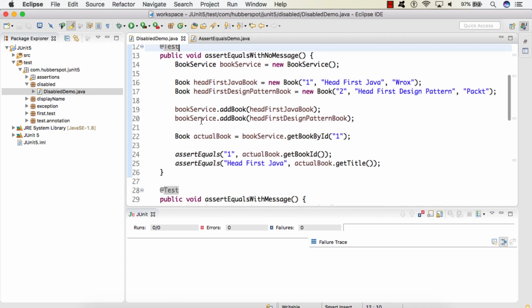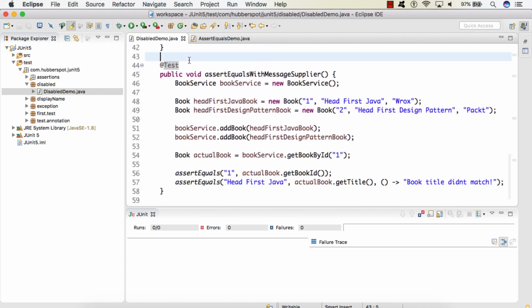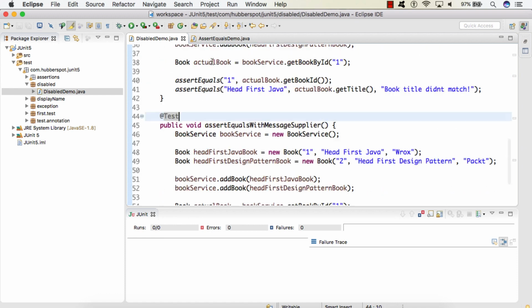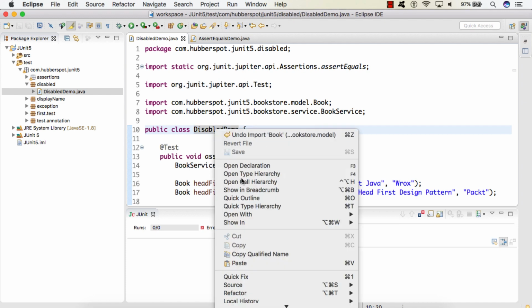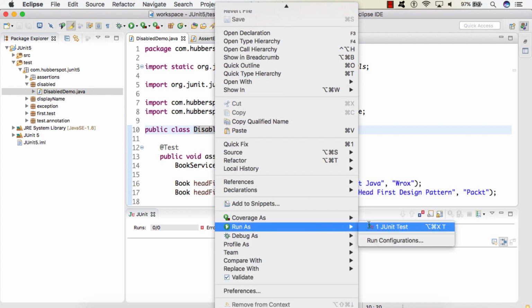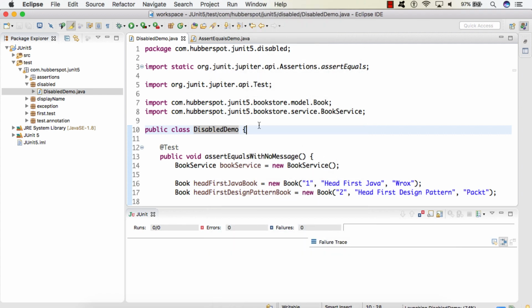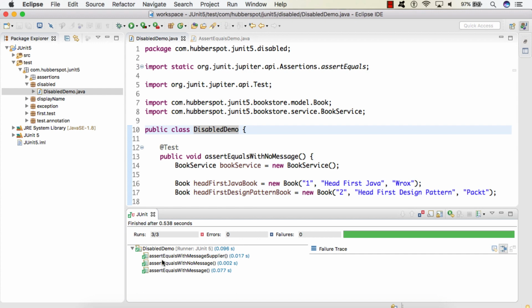So friends, here you can see that I have just copied the 3 test cases from the AssertEqualsDemo class to demonstrate how we can use the @Disabled annotation to disable or skip a test case. Here, if I run the DisabledDemo class, you can see that all the 3 test cases got executed successfully.